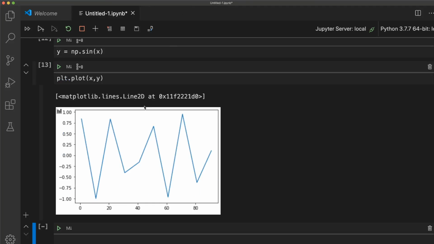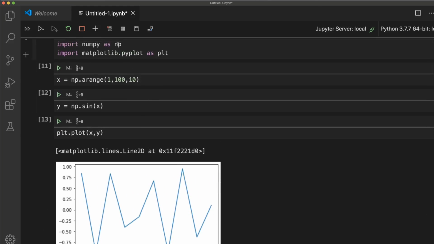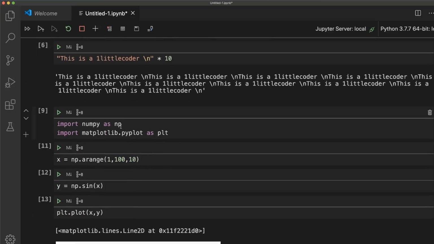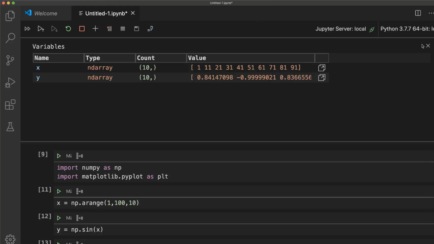So just now we saw how to create a cell, a little bit of keyboard shortcuts, and we also saw that you have a variable explorer, and you also have a plot viewer where you can see your plot. The next thing is, what if you want to clear all these things? What if you want to close all these things and have a new thing? The first thing is, if you want the variable explorer, you just go here, but right now the variables are still there, so it's not been cleared.